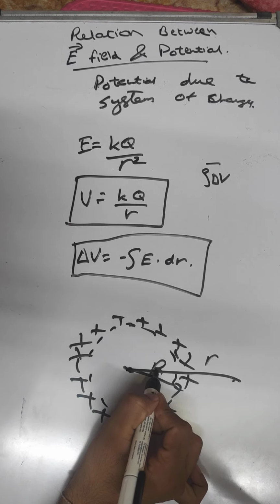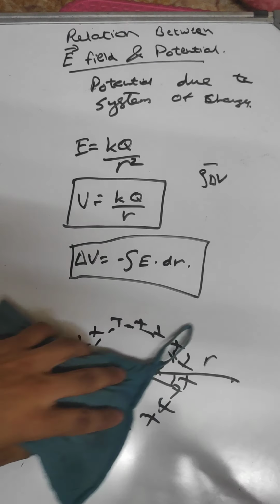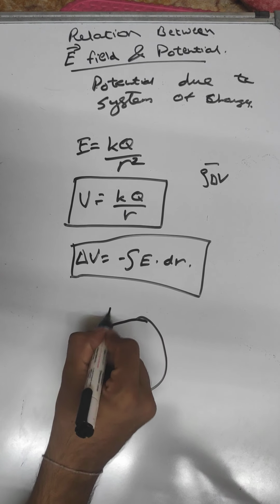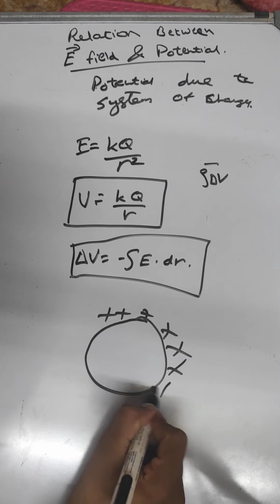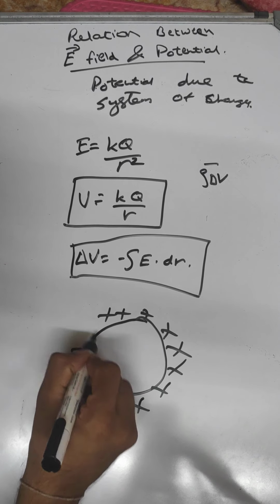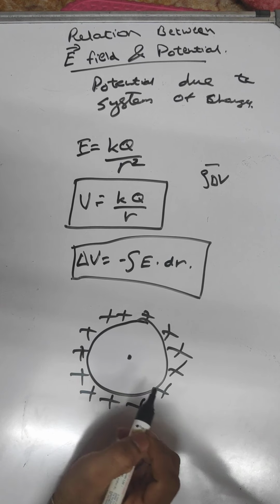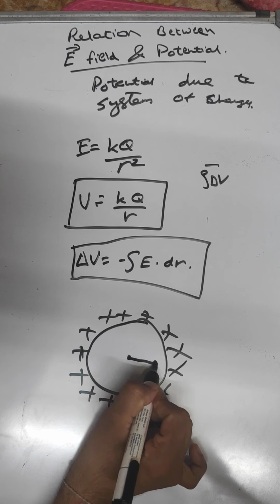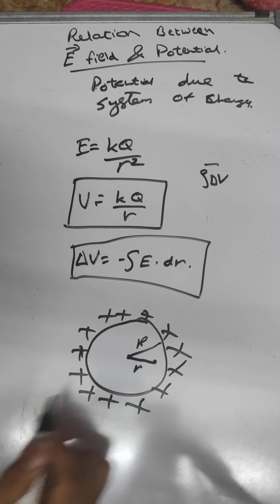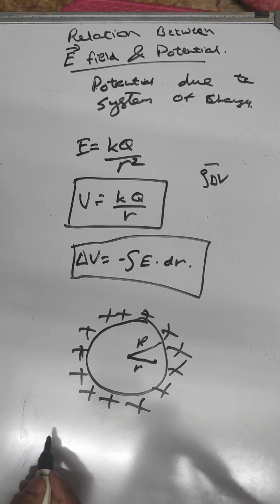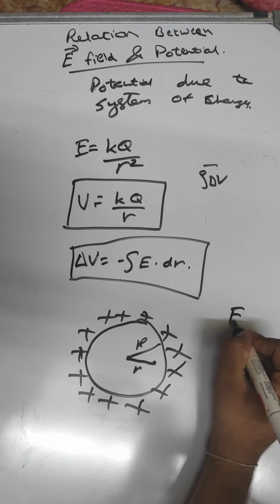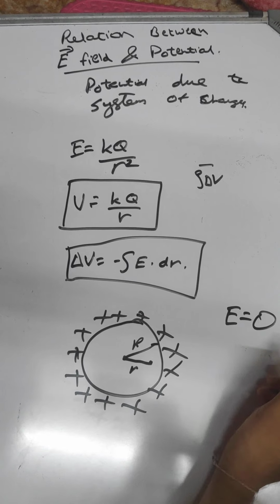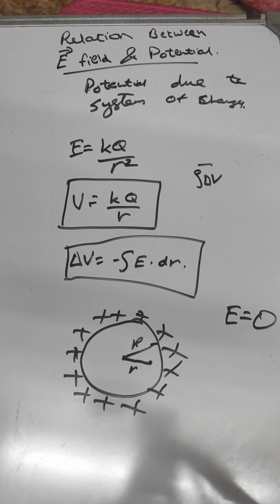Now if the point is inside, if this is a sphere, let us say this is a point, and this is the center. If you want to find the electric potential at this point, with this radius r and this radius R, then what will be the electric potential at this point? First of all, let us remember what the electric field is at this point. The electric field at a point inside the charged sphere, if anyone remembers, was 0. Just refer to the previous lectures before going through this.